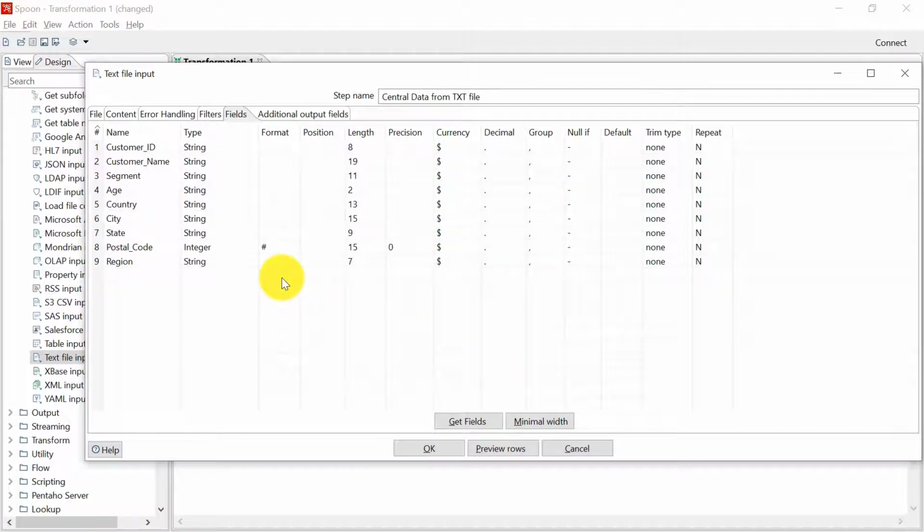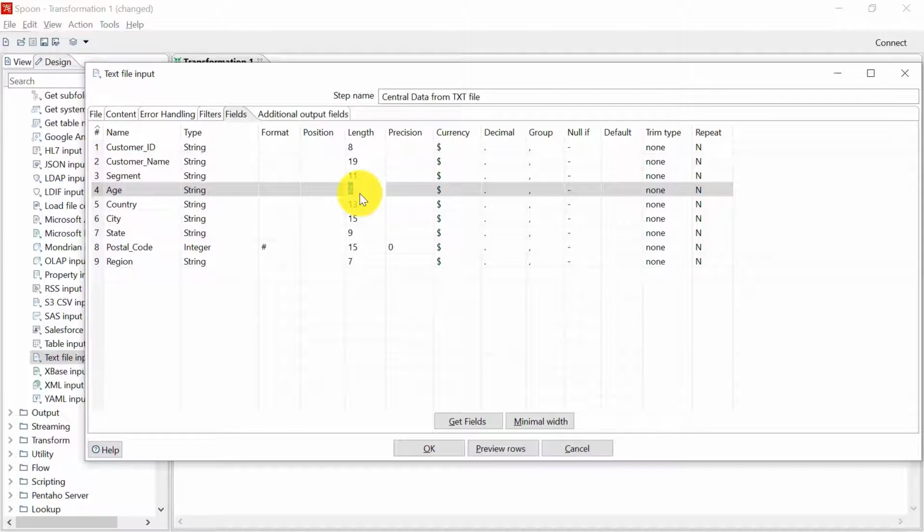And you can see that we do not need to manually enter the fields. PDI automatically captures the field name, its type, length and other things. You can note that, as I've told you earlier, age should have been an integer.